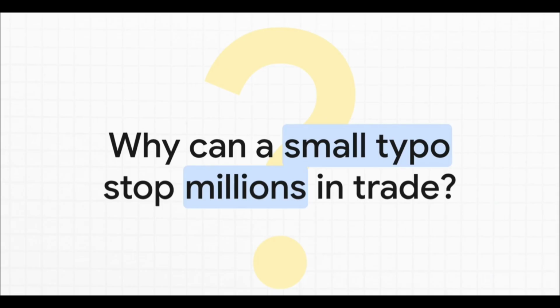So that sounds a little dramatic, doesn't it? A single typo halting a huge deal? But believe me, it's absolutely true. In the world of trade finance, the commercial invoice isn't just a bill. It's a cornerstone of the whole transaction. One tiny error, a small discrepancy, can cause a chain reaction of payment delays, rejected documents, and some serious headaches